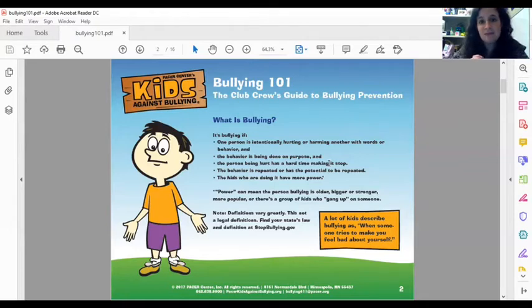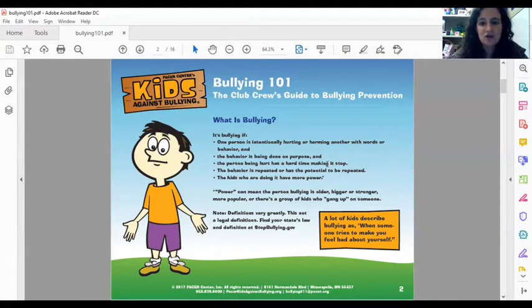Probably the biggest complaint I get from kids is that when they're waiting in the lunch line, they get pushed and shoved. Almost 99% of the time, that was an accident, because usually when you're in line, hopefully not COVID lines now, because y'all should have your space between each other. But sometimes you get kind of close, and somebody might push, and then the other person might push into you. That's really an accident. I get a lot of those where people get angry because somebody got pushed, and it ended up being more of an accident.